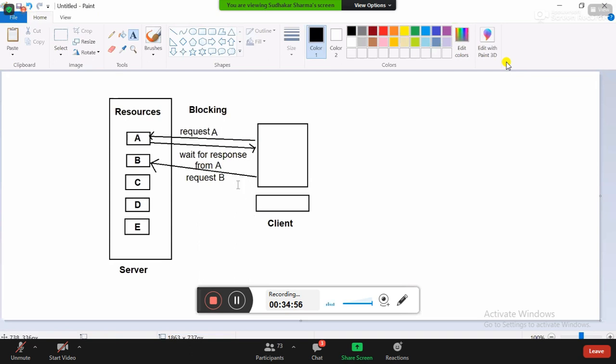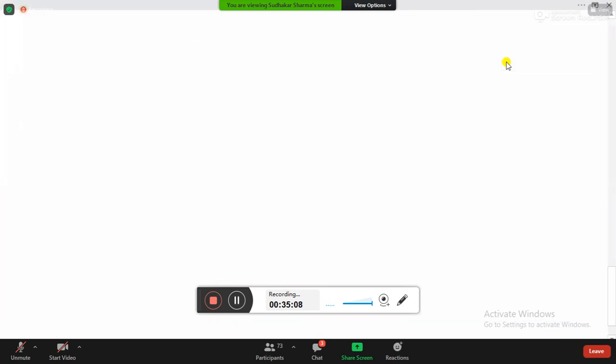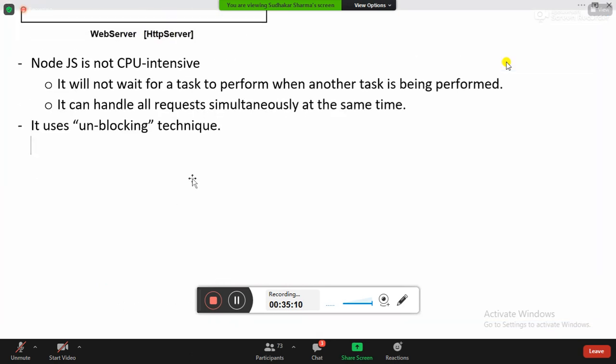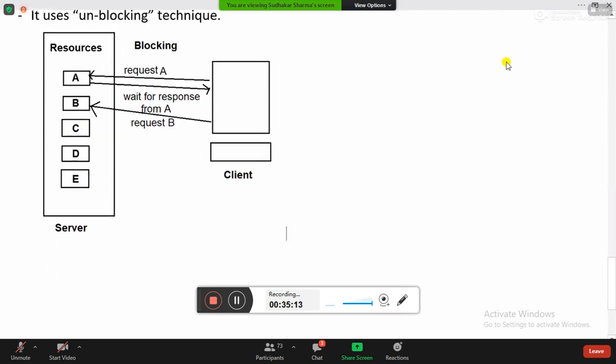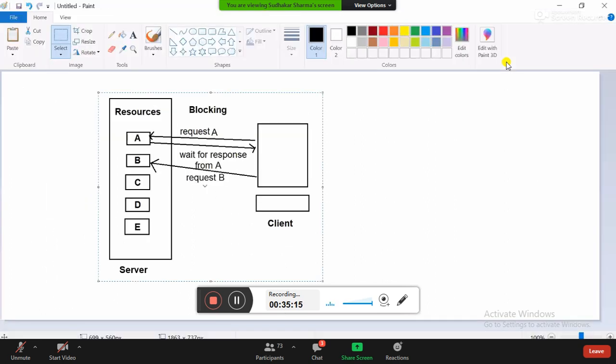This is a blocking technique which many technologies usually follow. That means all other technologies use this blocking technique. Unblocking technique is similar to this, but the key point is